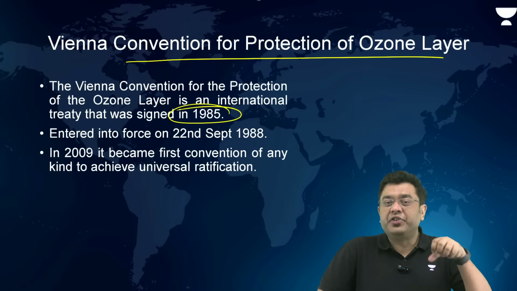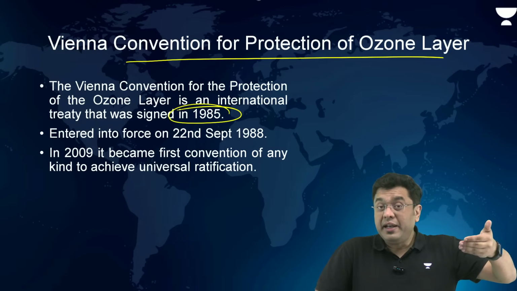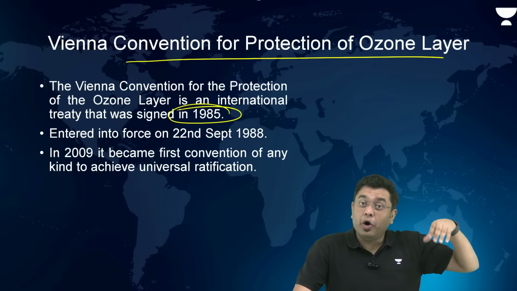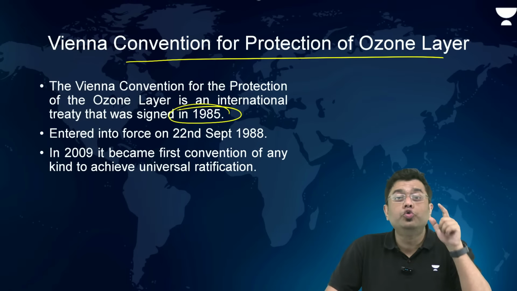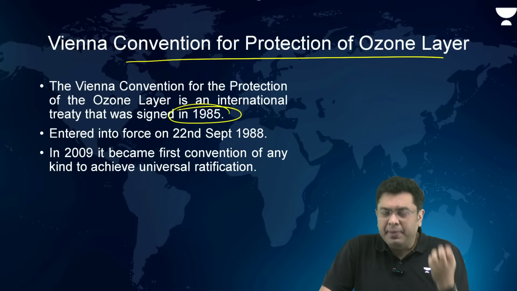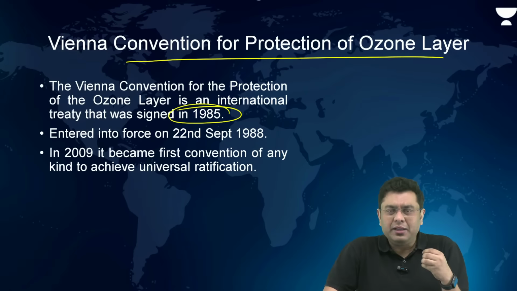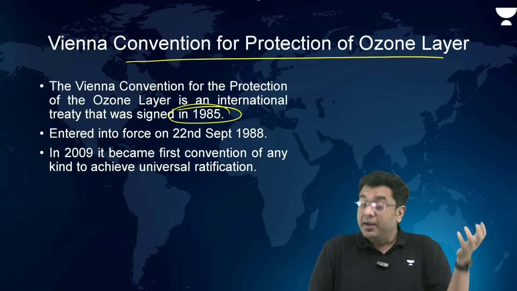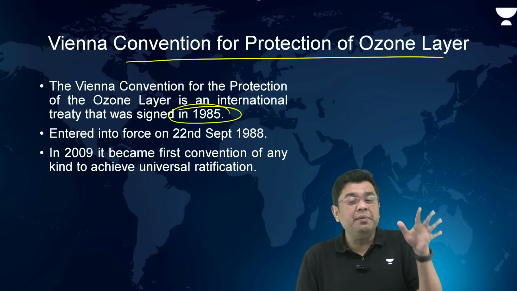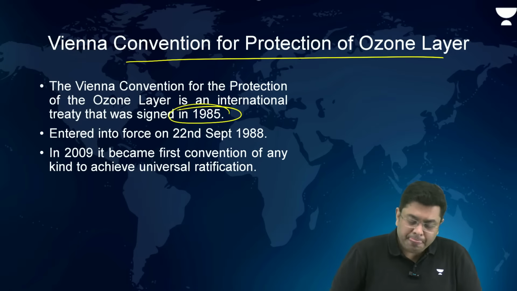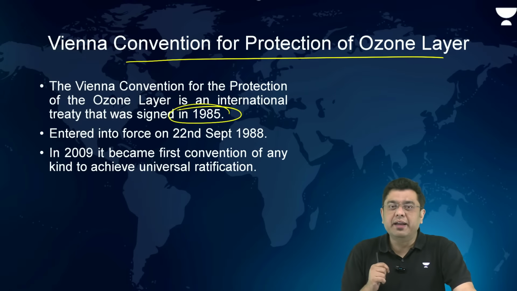And that was a persistent and very huge problem, because that meant large areas of the planet were being exposed to UV rays. Those ultraviolet rays have a debilitating impact not only on human health, because they cause skin lesions and skin cancer, but at the same time they damage marine life, plants, and also the various different species involved. So that was the Vienna Convention.